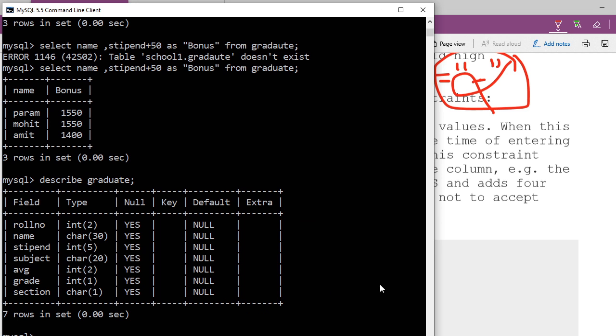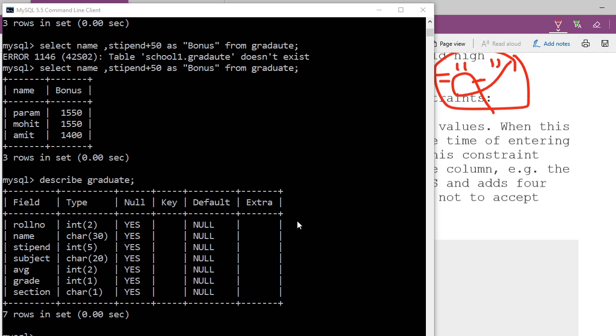Check here, here you see null value, this null you see, yes, all are yes. By default we haven't given anything in null when you have created, is it? So by default this null value for each attribute or each column remains on, which means you can have a null value, you can insert data or you can leave it. Okay, so here I'm showing you one example so you can understand more.